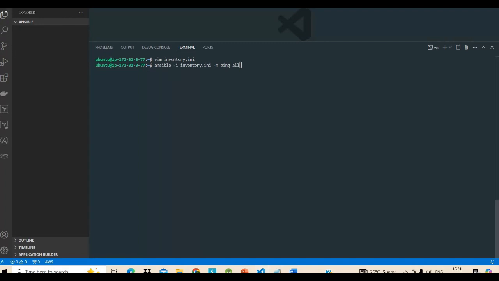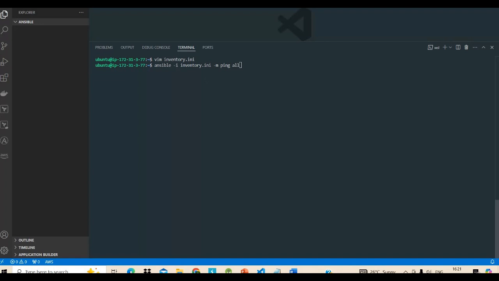Ansible is the main Ansible command line tool used for running the command. The -i inventory.ini specifies the inventory file that lists all the hosts and groups of machines you want to manage,